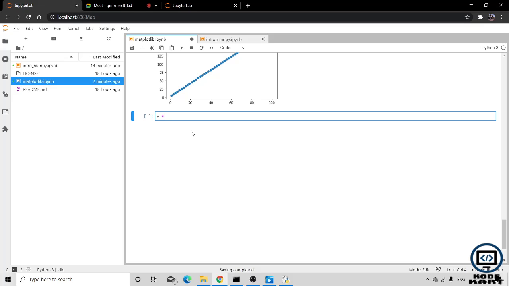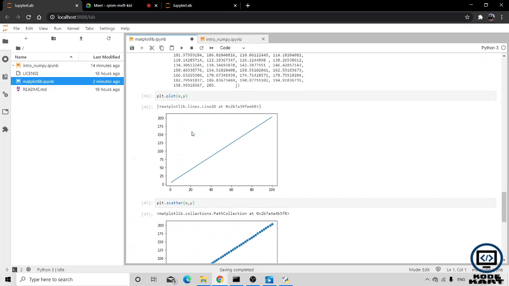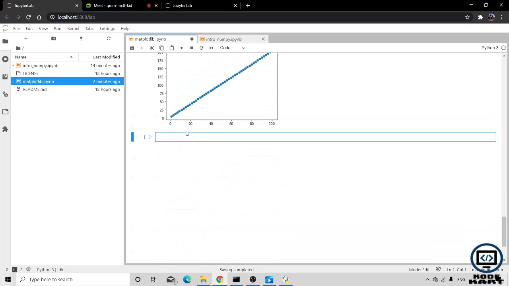We have studied y equals to, we have x, and we have y. So we can do np.random. We have 50 values, so we use np.random.randn, and we are going to generate 50 values.